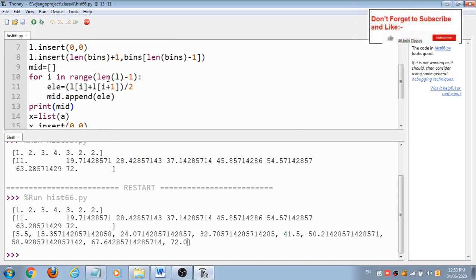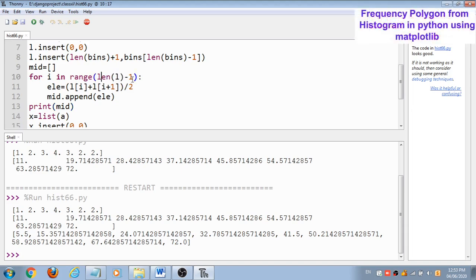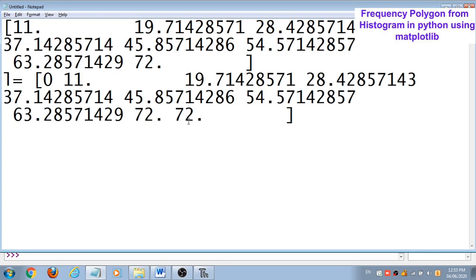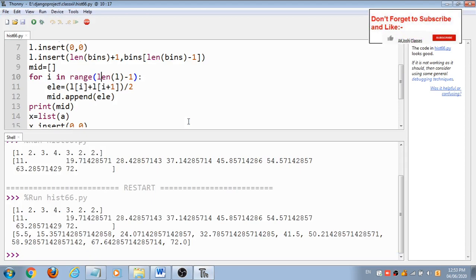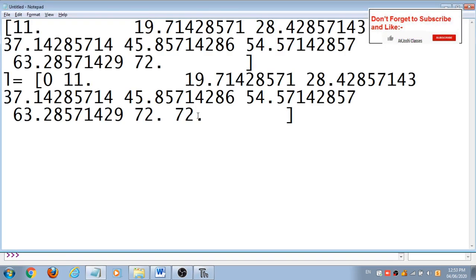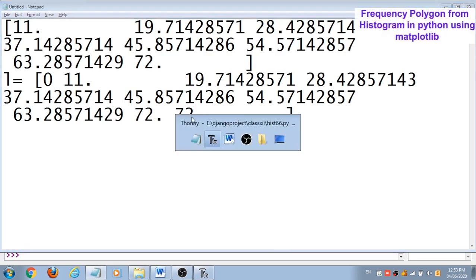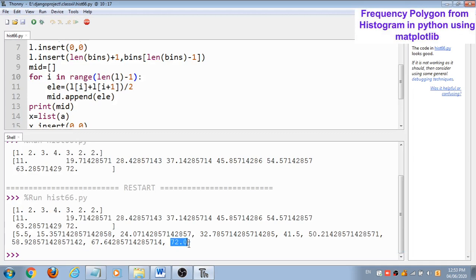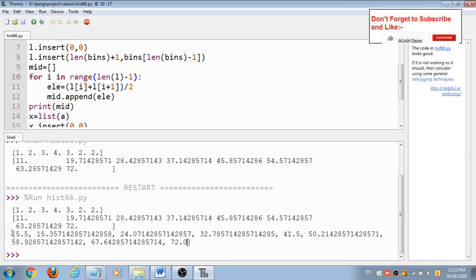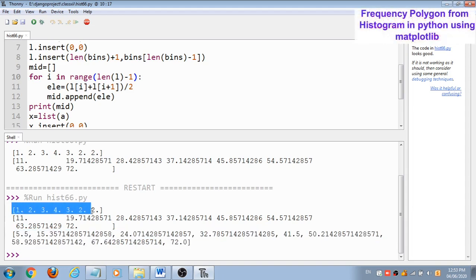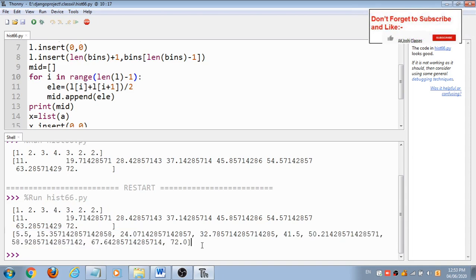This loop is executing len L minus 1, means before the element. So 72 plus 72 divided by 2 gives me 72. So that's why 72 is here. So this is the complete x coordinate here.